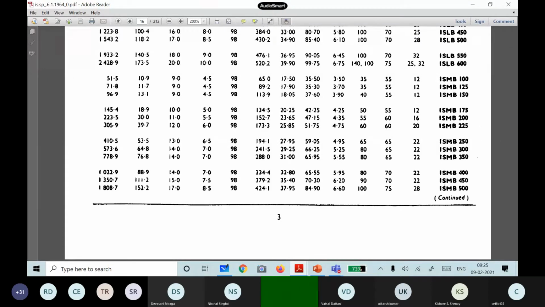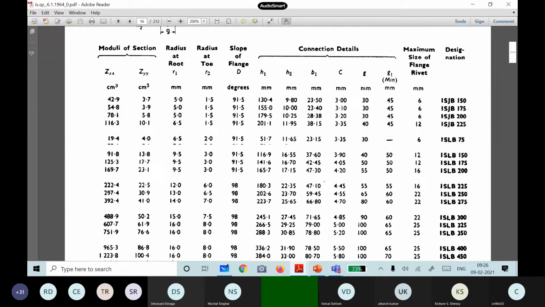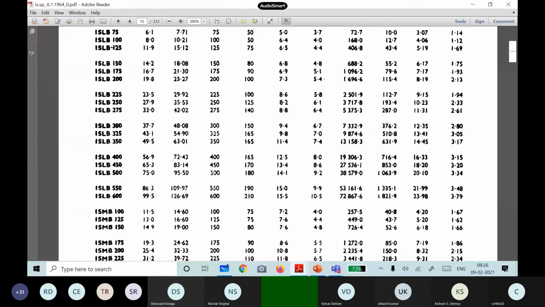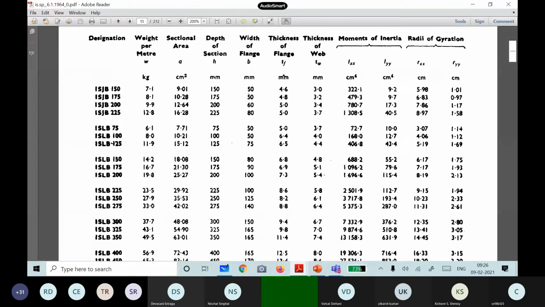Generally what you do is structural analysis, you find out the bending moment, shear force and other things. Then you find out the stresses. Yield stress of steel is very well known to you, 250, whatever you have here. Using the bending moment or axial load, you find out how much area is required. If it is a tension member, as already told you, the area is the one which controls. So let us say you have done the design and you have got an area of around 18 centimeters square.